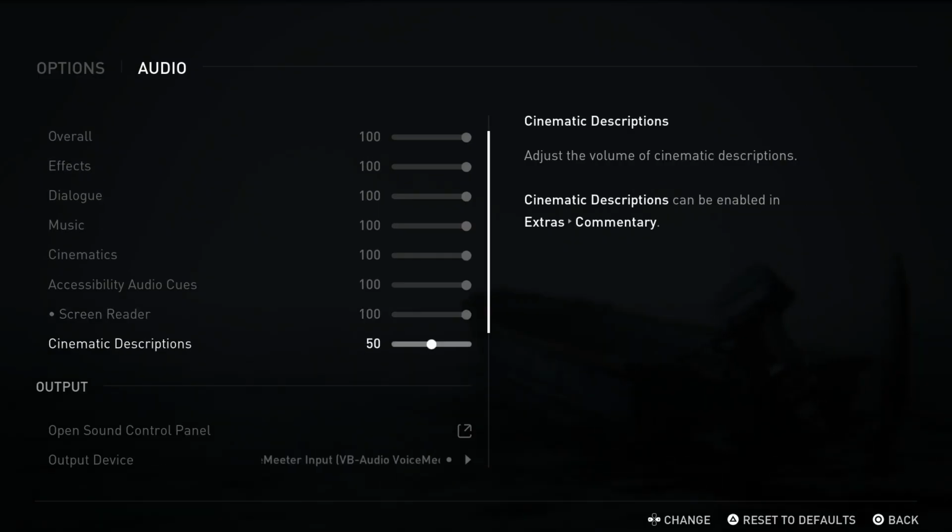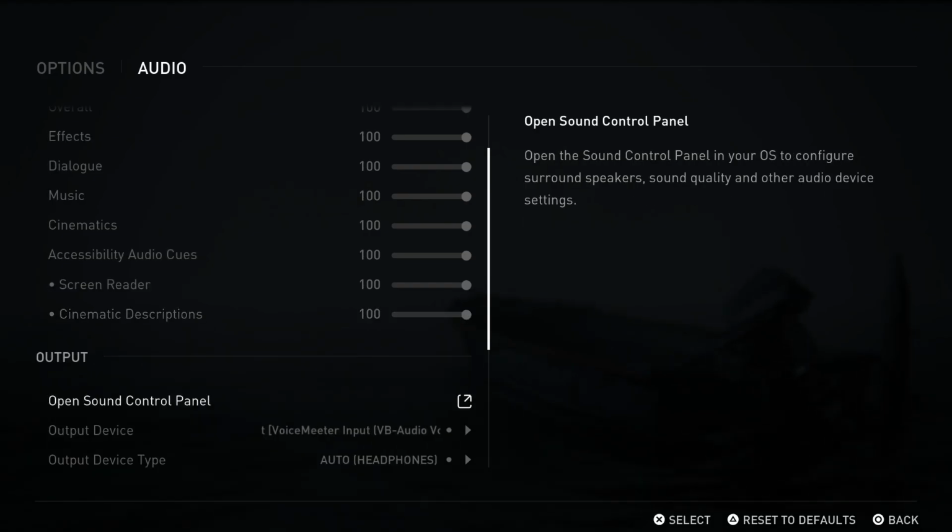Accessibility. Cinematic descriptions, 50. Range 0 to 100. Adjust the volume of cinematic descriptions. Cinematic descriptions can be enabled in extras. Commentary. Left and right directional buttons change. Triangle button, reset to defaults. Circle button, back. Open sound control panel. Open the sound control panel in your OS to configure surround speakers, sound quality and other